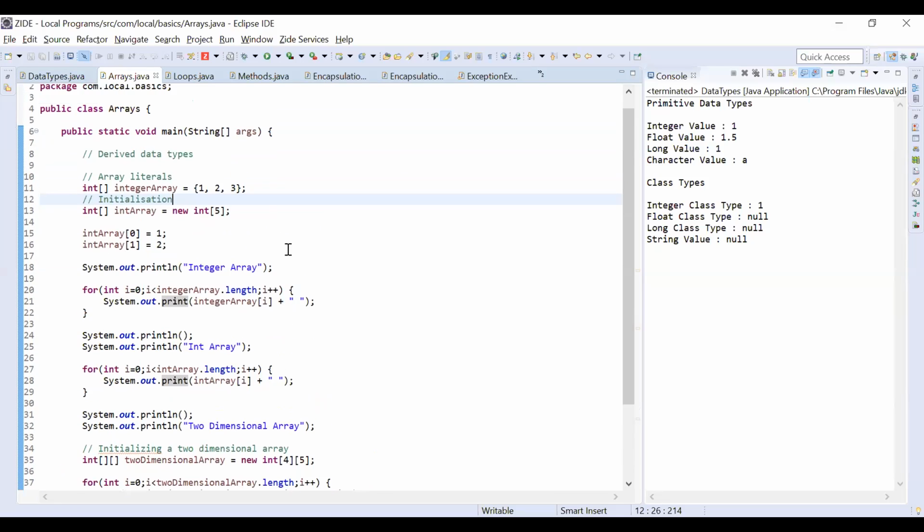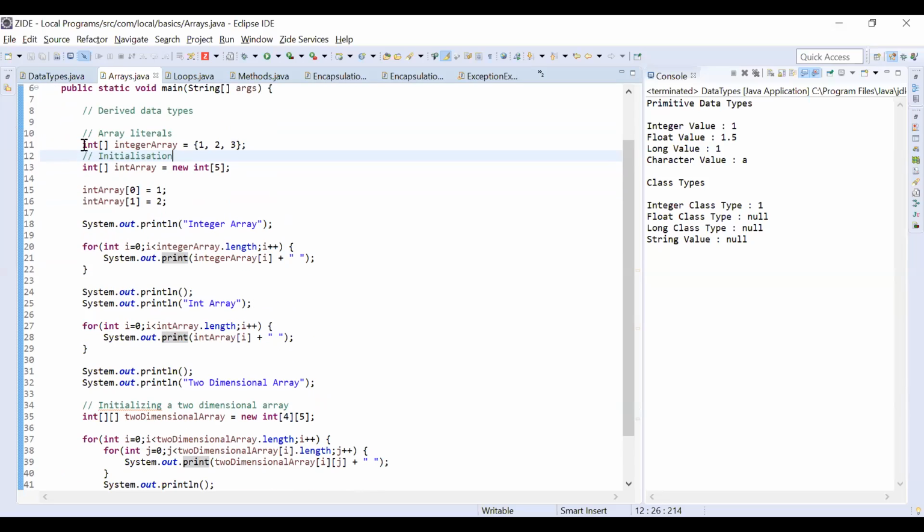So if you can see here, I have two different types of initialization for an array. In this kind of initialization, you make use of array literals when you actually know the exact values that will be stored. If you declare something like this, Java will directly count the values, and the length of this array will be identified and stored by Java.